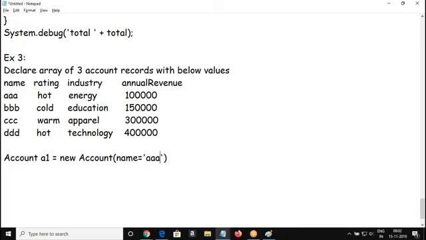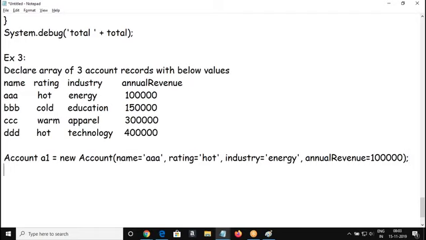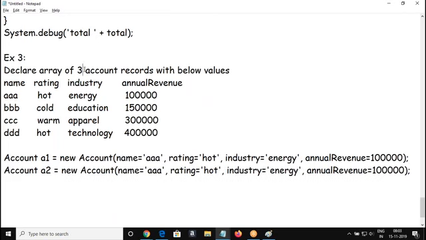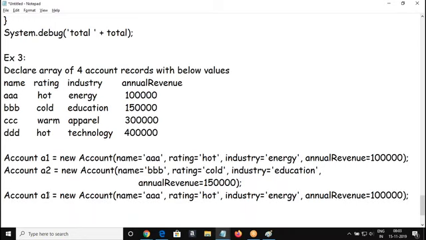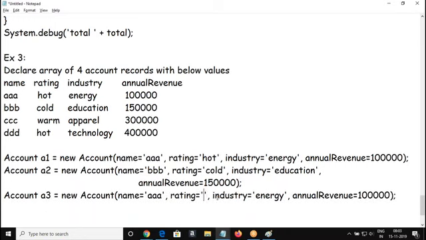First you have to prepare the record. First you have to create the record. Am I right? Education. 15,000.